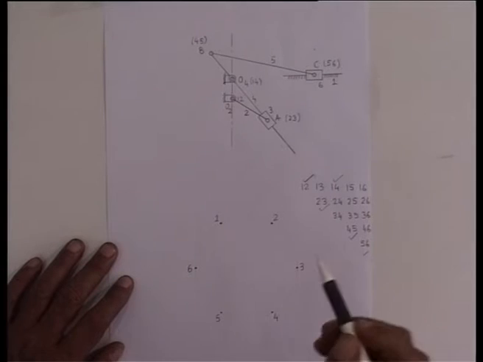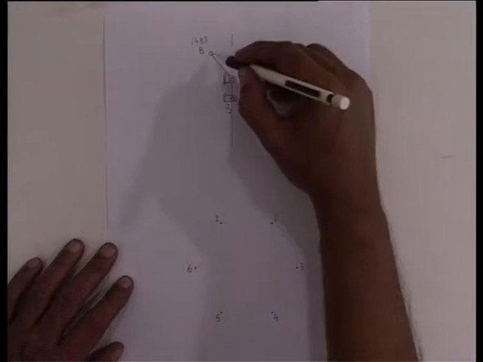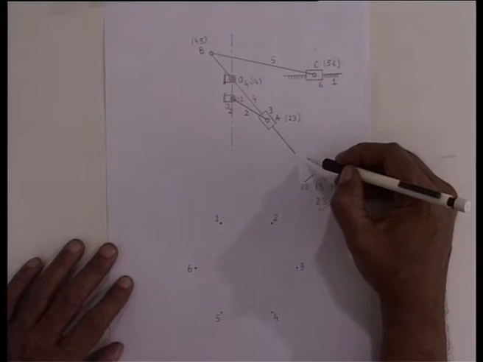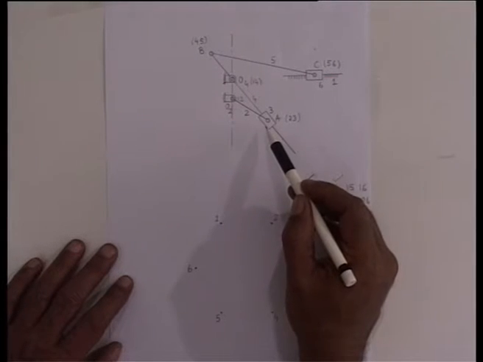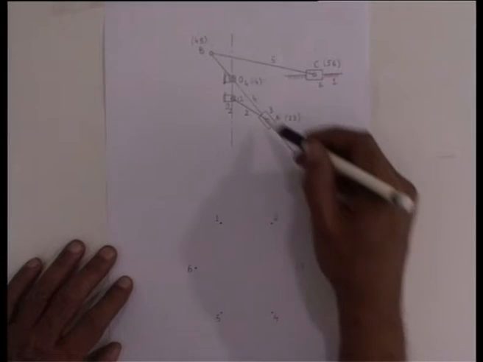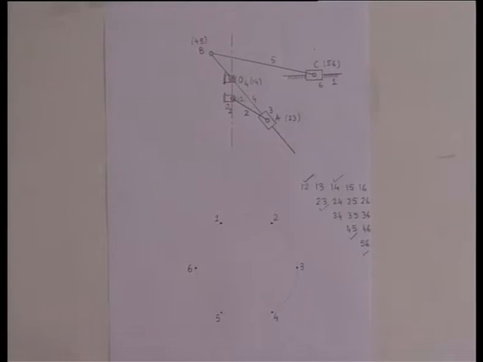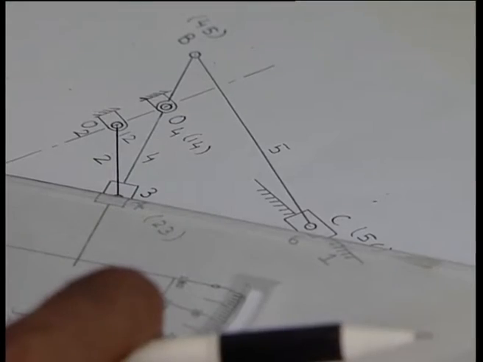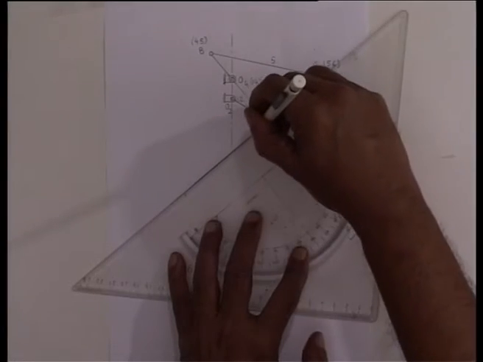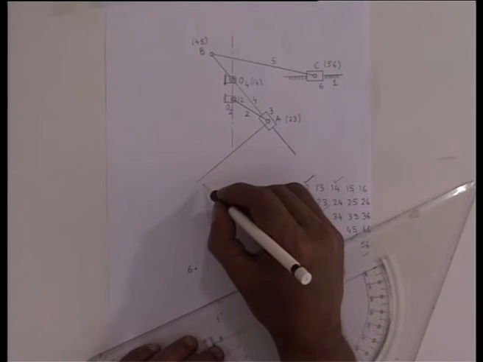The other two kinematic pairs in this linkage is a prismatic pair between link 3 and 4 along this slotted lever. So, the relative IC 3 4 will lie at infinity in a direction perpendicular to the direction of sliding, that is perpendicular to the line O4A. So, I can draw a line which is perpendicular to O4A, and 3 4 lies on this line at infinity.